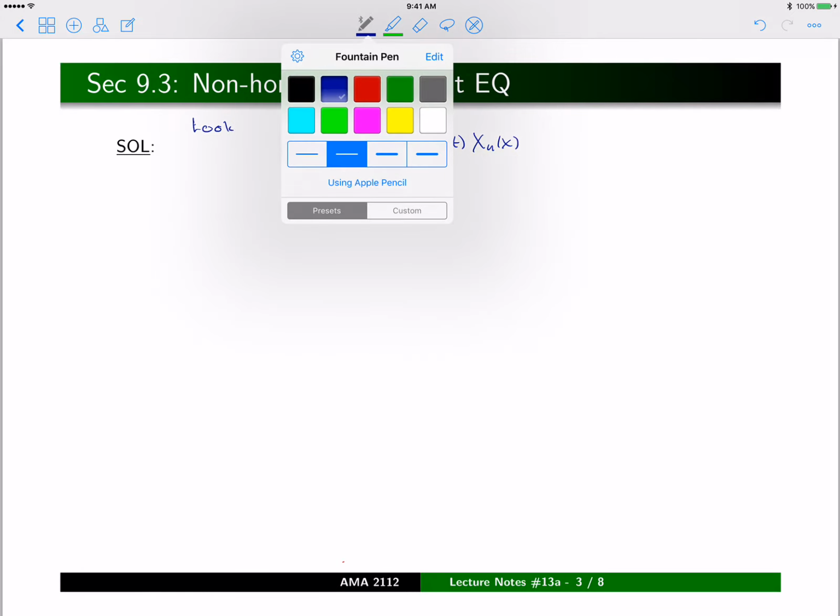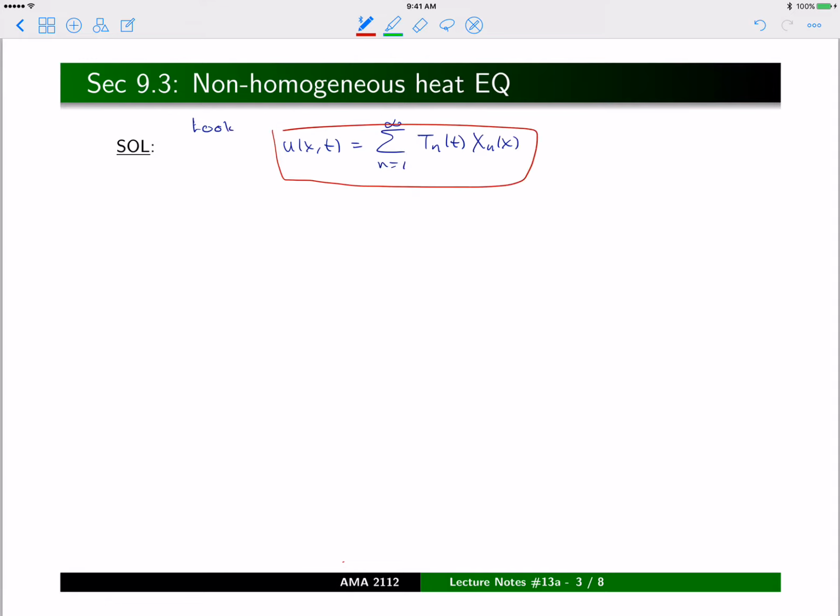Let's call this equation 1, where Xn of x are eigenfunctions. That's why we call it the method of eigenfunction expansion, because we expand our u in terms of eigenfunctions of the related Sturm-Liouville boundary value problem